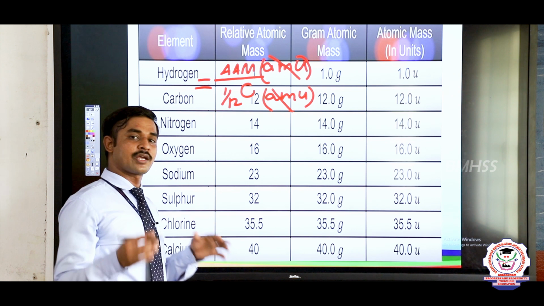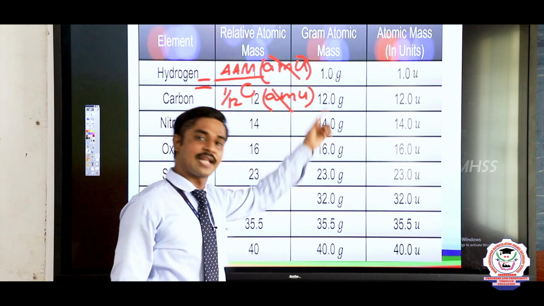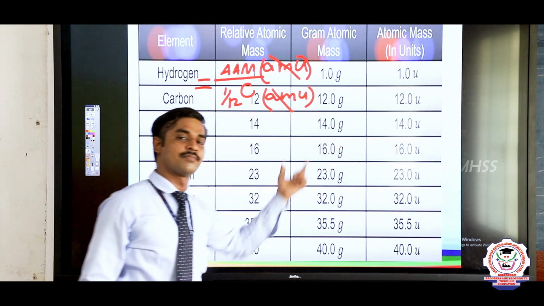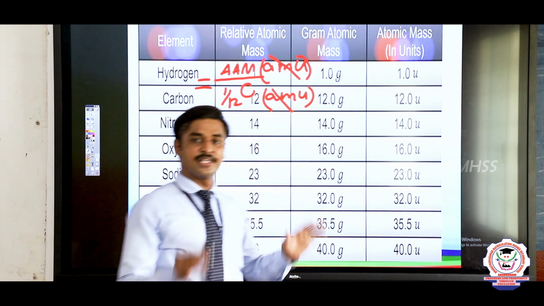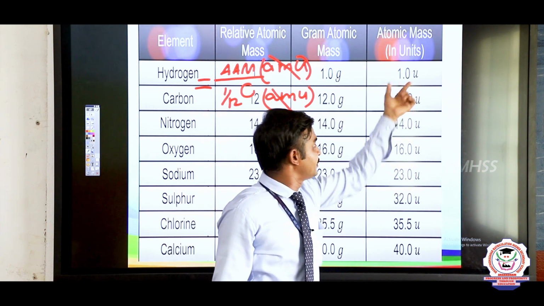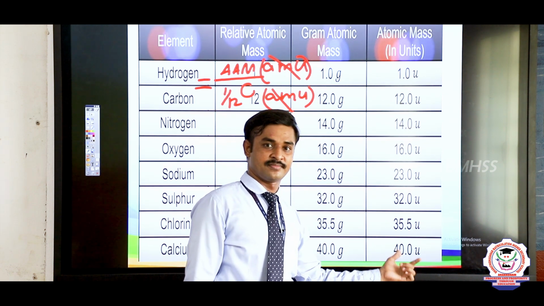If you represent the atomic mass as a gram atomic mass, those numbers have the unit gram. So only then is it said to be gram atomic mass. Or if you simply say atomic mass, the only unit is u. Here u represents the unit, so you can write the unit u. Okay?